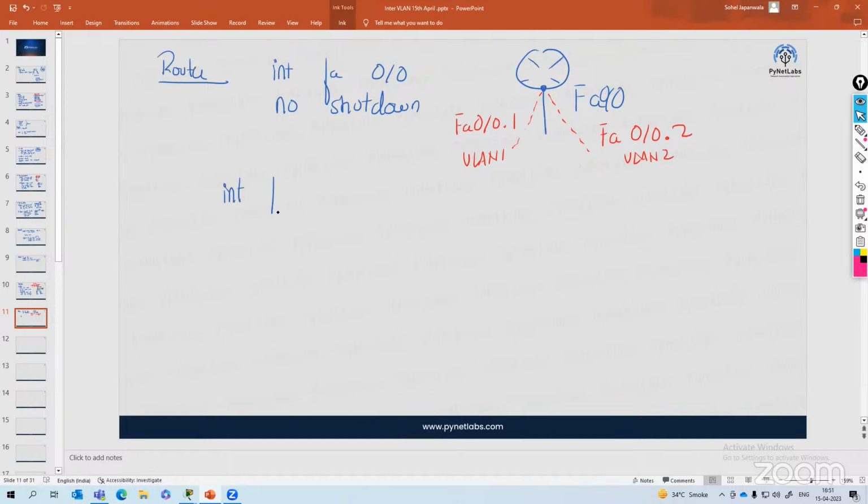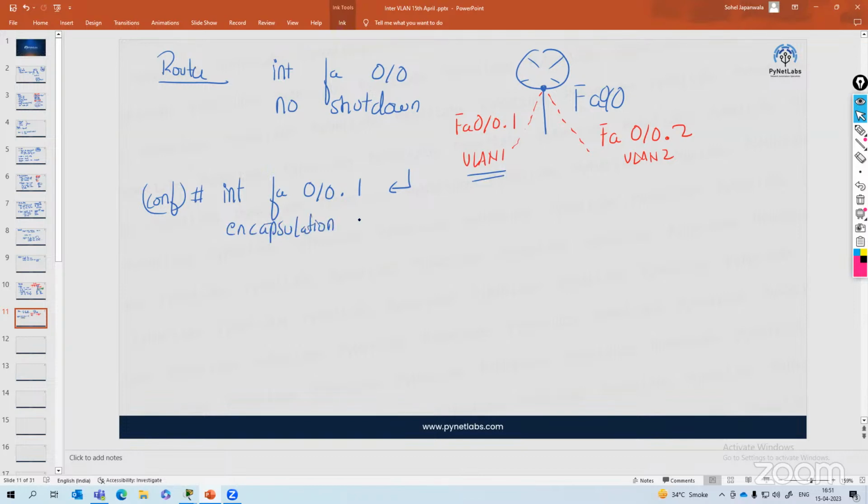So interface, in the global configuration mode. You'll put this in the global config mode. What you'll do is interface fast Ethernet 0/0.1, simple as that, right? And you hit enter. Now after this, you need to give a command so that it understands that it needs to carry VLAN 1 data. Am I correct? Of course you have to do that, right? So the next command is encapsulation,